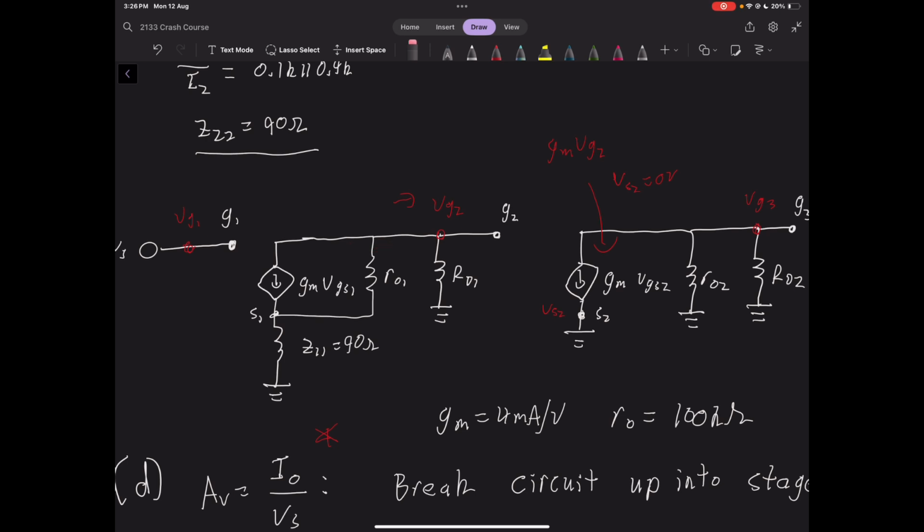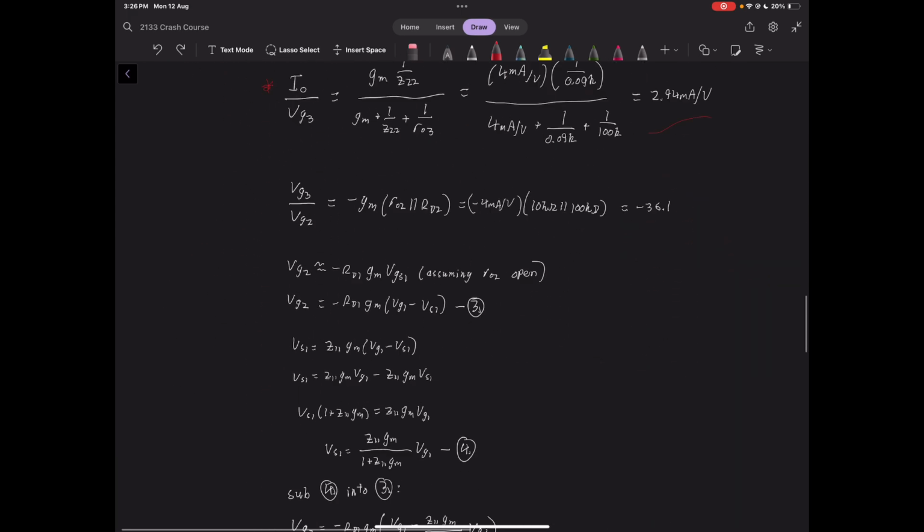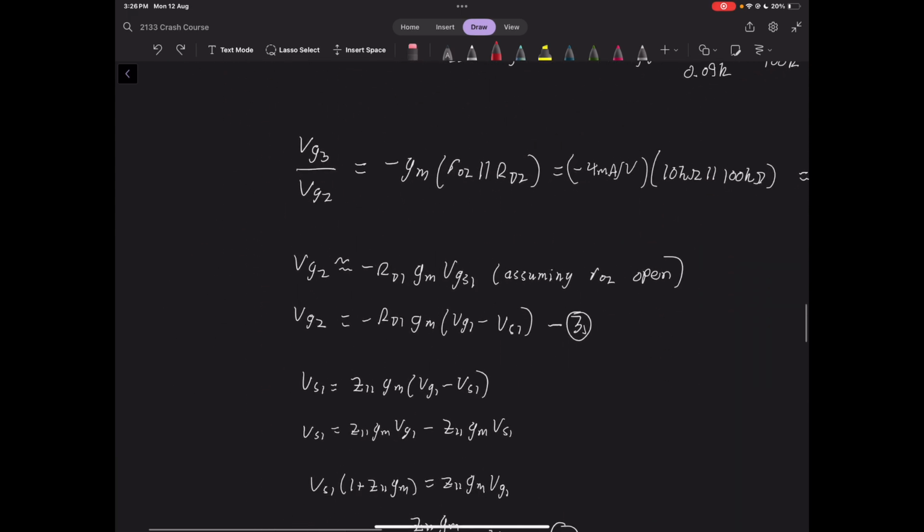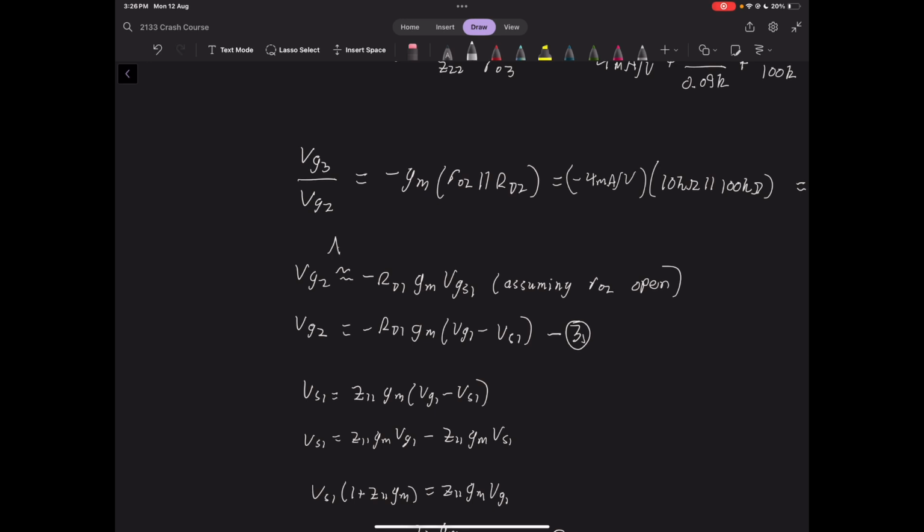We could do another equivalent circuit here, like we've been doing before. We could try and replace this with REQ, but I'm just going to show you an example of, if you didn't want to do that, we're just going to clearly state that we are assuming that R01 is open because it's large,